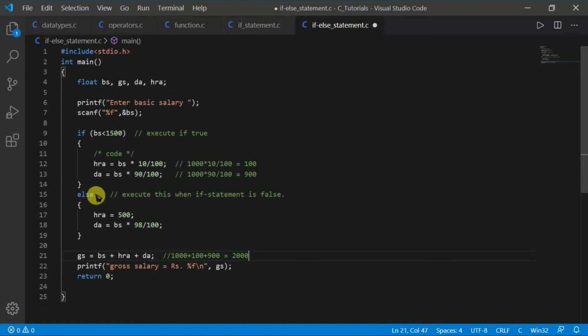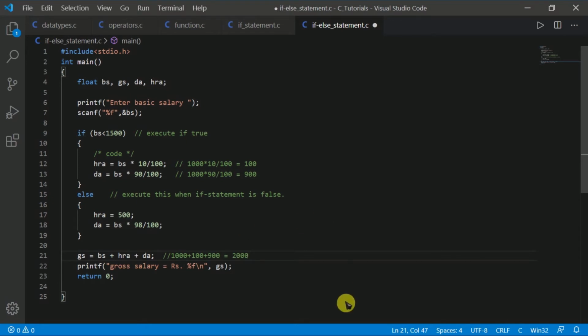The else statement is executed when the if statement is false, then it calculates this process in the program. After this it calculates the gross salary, BS plus HRA plus DA. First we have to get the values for BS, HRA and DA, then we can find the GS. After this I print the message on the output screen: gross salary equal to Rs. Then return 0.